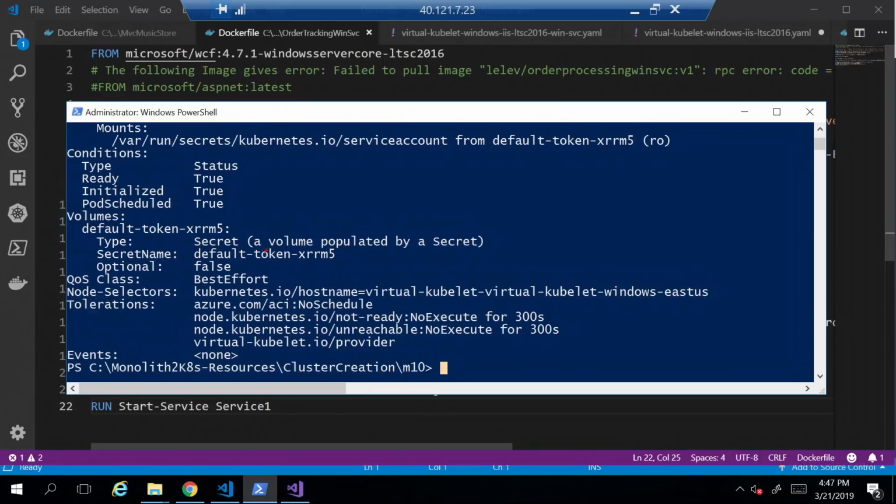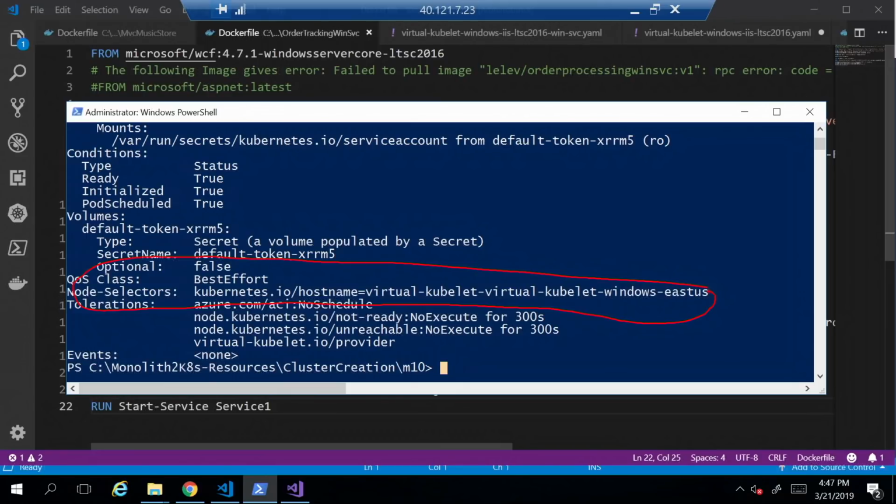And notice here that there's something interesting going on: we are telling Kubernetes that I have this pod. When you schedule this pod, make sure you schedule it on the ACI instance. So we are saying, hey, the node selector happens to be a virtual kubelet. So that's what's happening. Our pods are running.